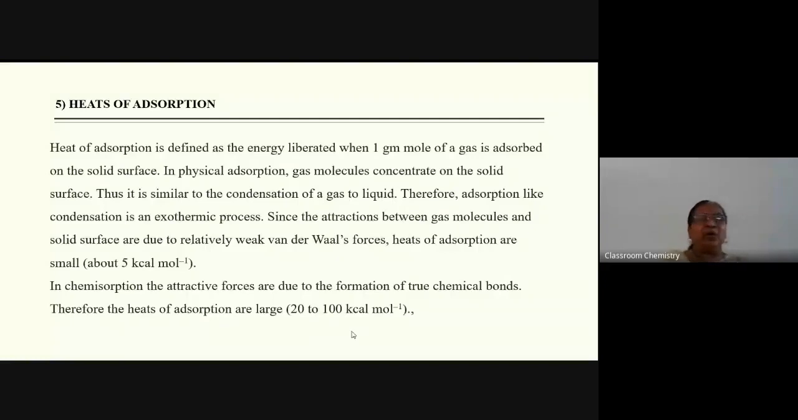Thus, we have seen what is meant by surface. अशा प्रकारे आपण या लेक्चरला